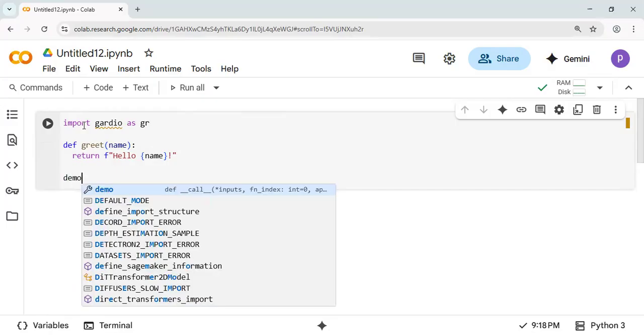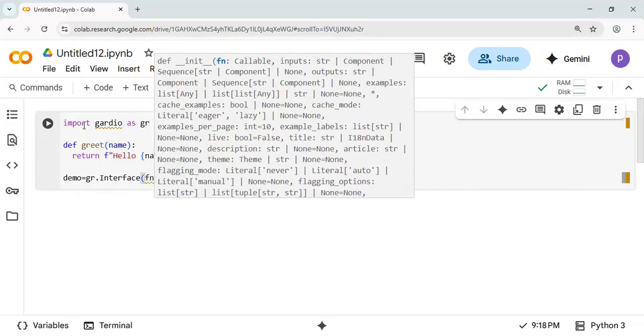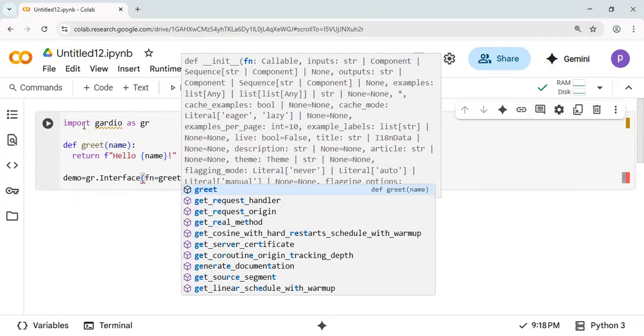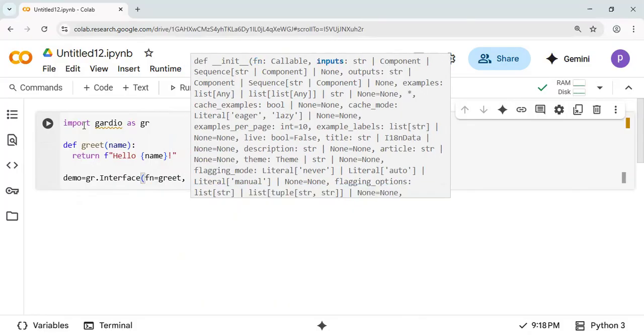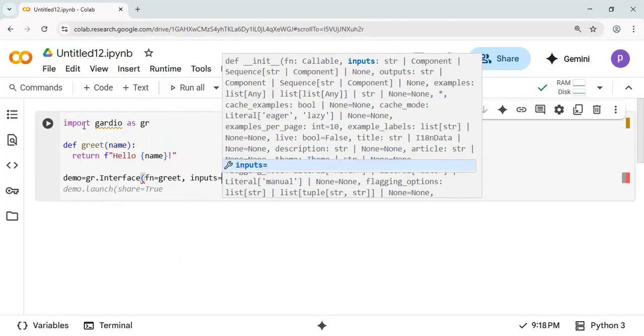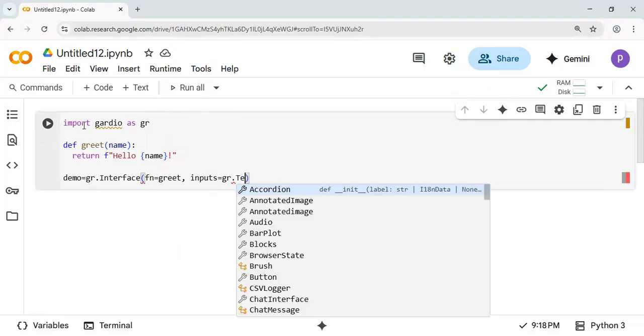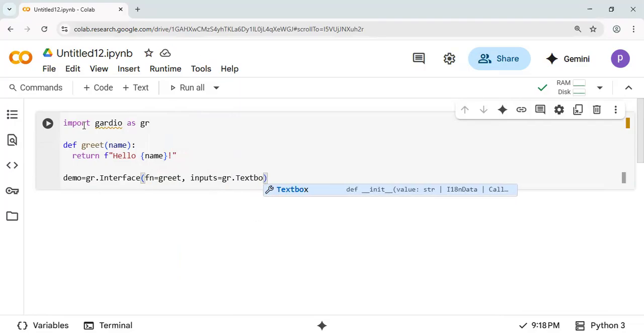To create the interface, I'll be using a variable called demo, and demo is equal to gr dot. To create the interface, I'll be using a method called Interface. With respect to this, I have to invoke my function. The function is equal to greet in this case, and then pass my argument, which is inputs. In this case, my input is to create the text box. To create the text box, we have Textbox as the input